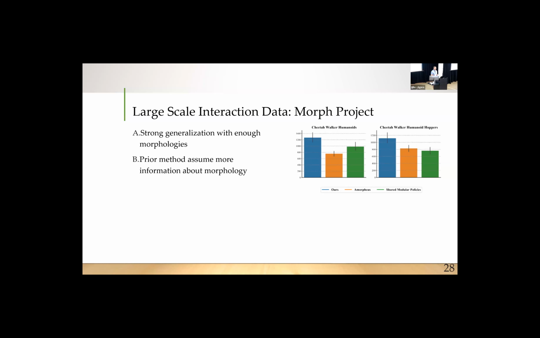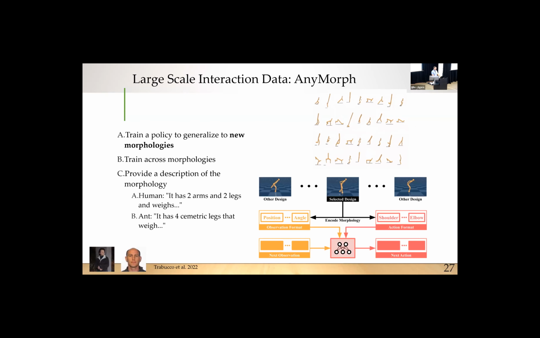And in this particular work, we were trying to get rid of having to assume a lot of information about morphology, because usually in a robot system, you have to have an engineer carefully program the actual design of the robot, where the links are, their lengths, their weight, and provide that to the model. In this case, we're able to train the network and just feed in a version of a state representation. And from that, it learns how to infer what the morphology is and how to control the agent. So the only thing we really end up having to do is a bit of tokenization of the state. We feed this in as if it's a sentence, and then the ordering and description allow it to figure out, okay, this must be the ant robot with 4 legs or 5 legs this time, now that it has some extra joints than what it had before.